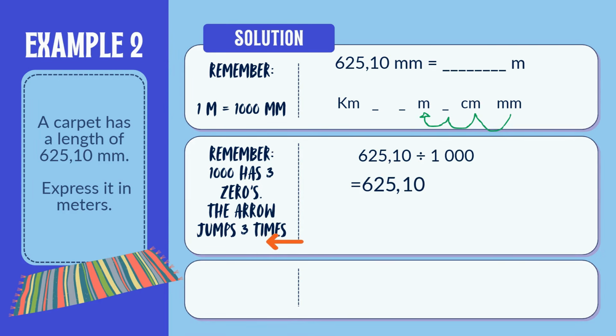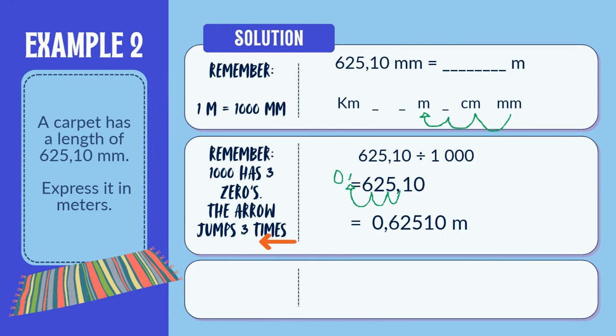Let's look practically. Your comma is in between two numbers. You pick up your comma and you jump in between your numbers to the left. 1, 2, 3. Your comma is now in front of the 6, but there's not a 0 in front because it's directly in front of the 6. So you write your comma in front of the 6, and then in front of a comma, where there's no number, you write a 0. So your answer is going to be